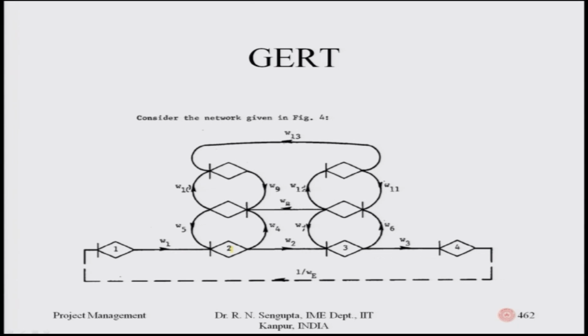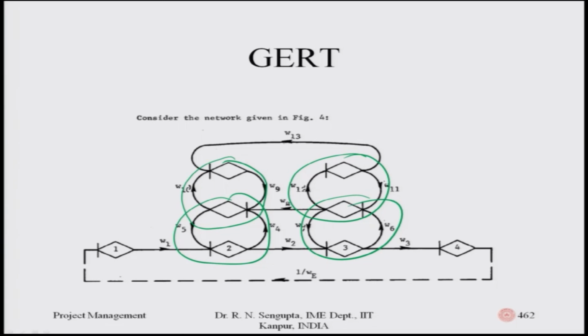So, consider the network which is given here. Basically, you have the loopings which are happening. Let me show you the loopings. There is a loop here, there is a loop here, there is a loop here, there is a loop here. So, all of them would basically be replaced by the looping concept. Once they are done, these two